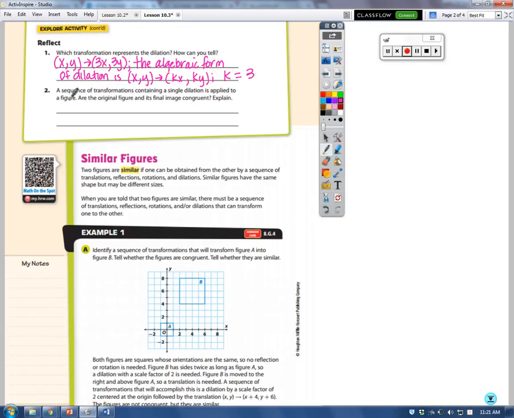Number 2, a sequence of transformations containing a single dilation is applied to a figure. Are the original figure and its final image congruent? Okay, well, what does congruent mean? Congruent is same size, same shape, right? So since it's been dilated, it's not going to be the same size, so it can't be congruent, but it can be similar, right? So no,